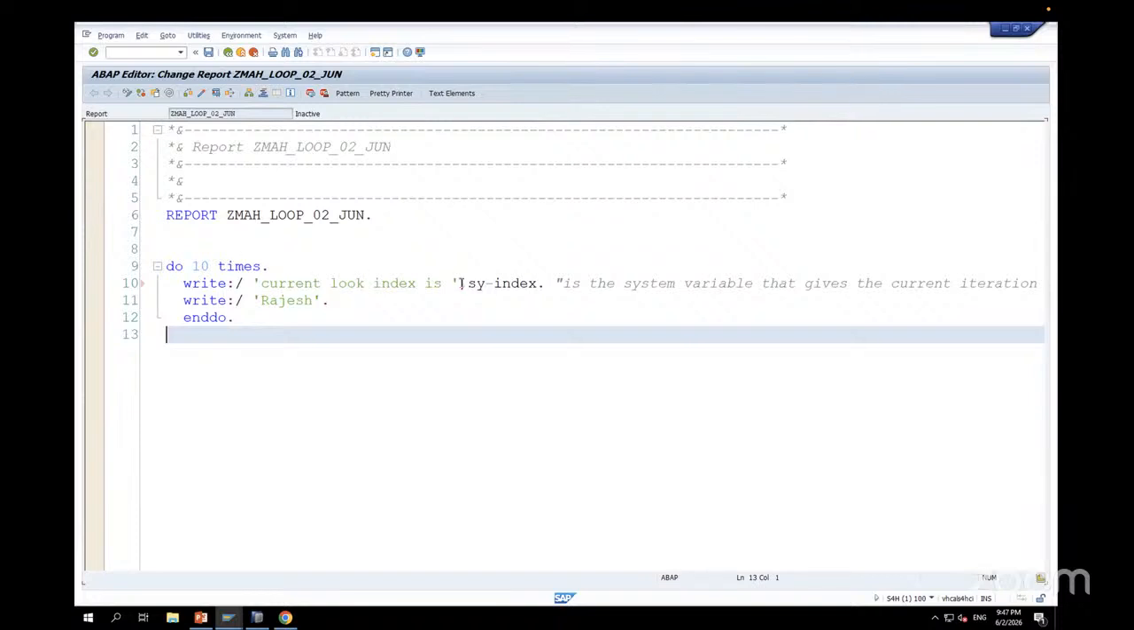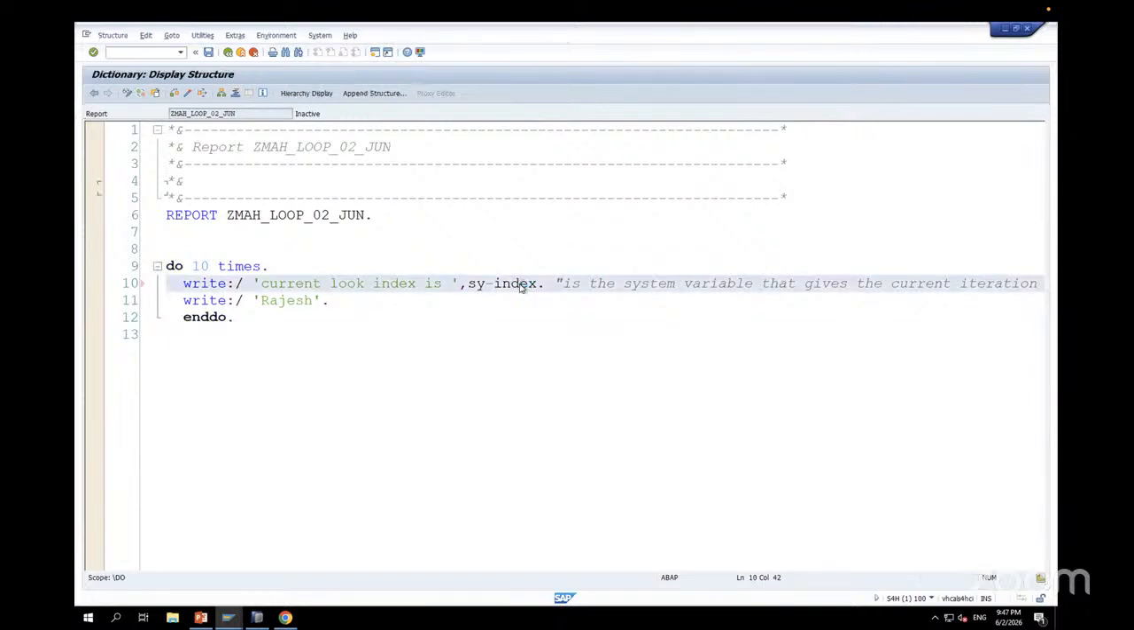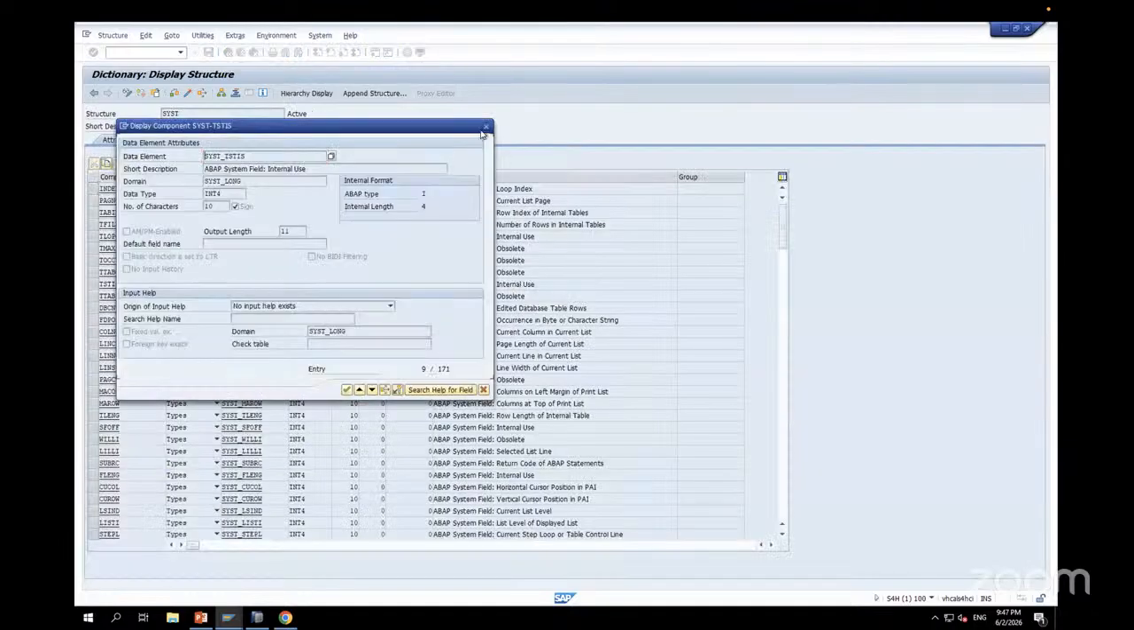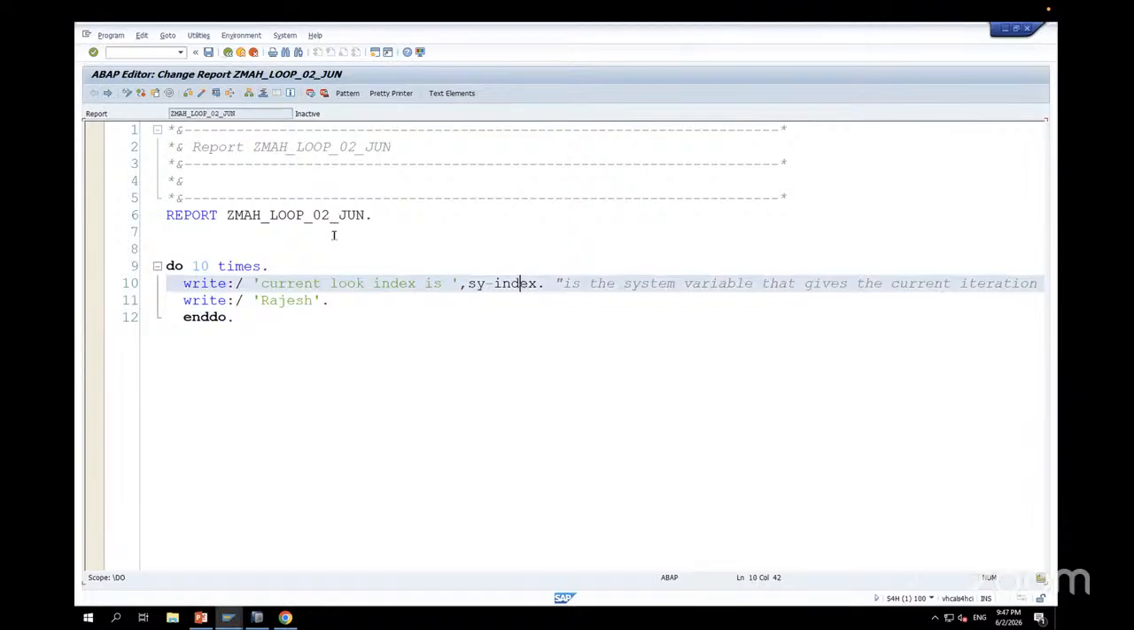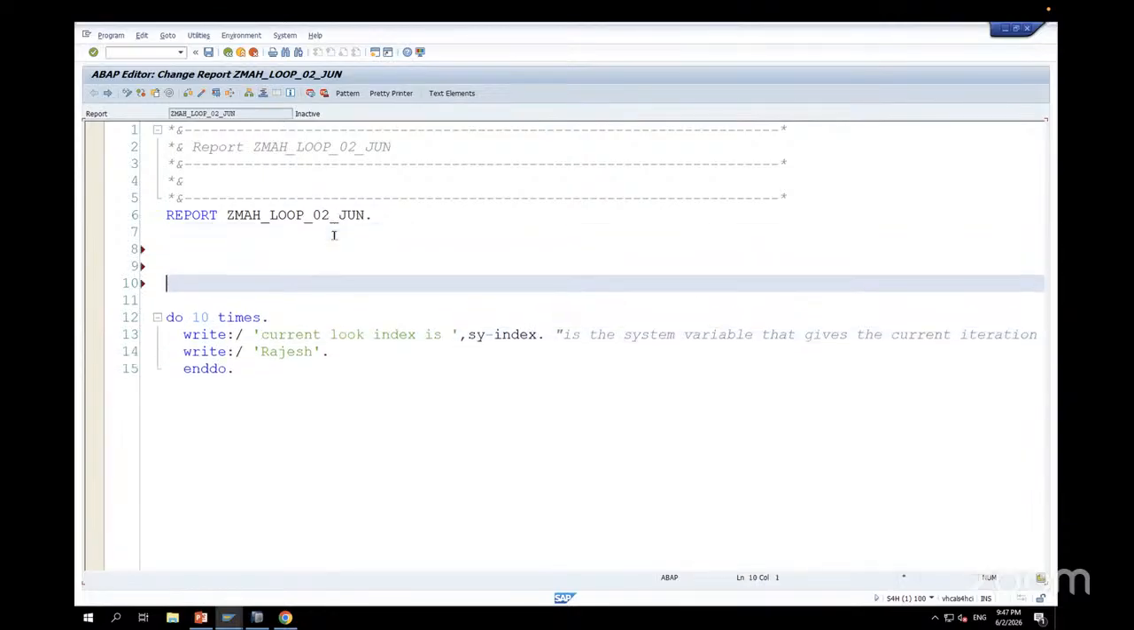After writing it, if there is anything we don't know, we should double click here, and it will tell you. It could obviously be integer, because it's a number, right? Yes, a numeric integer data type. Now think for one minute here. This is a system variable. If I write a statement here,